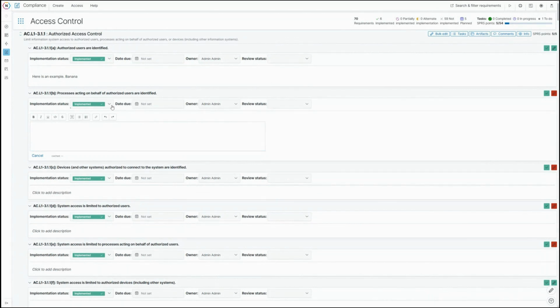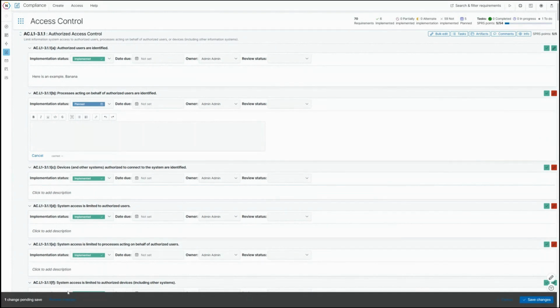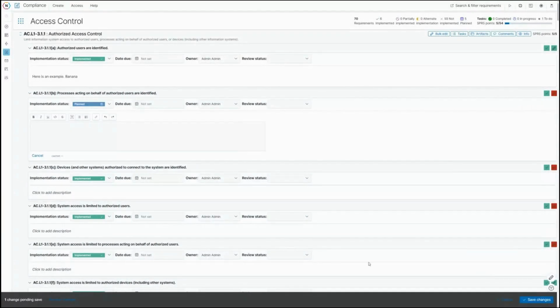So if I go and I modify this, it's not going to change it immediately. It's going to have a pending save, and then I can review the changes. Now I can just go and say, this is good. I love this. Save the changes. But if I go and I modify more